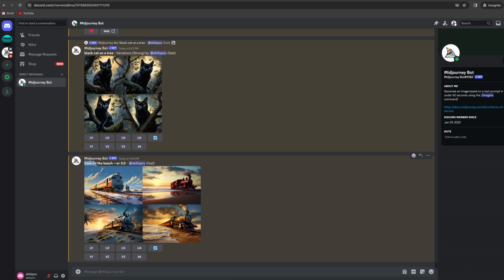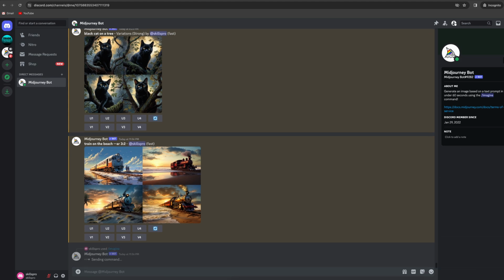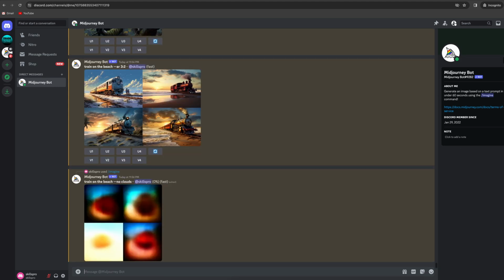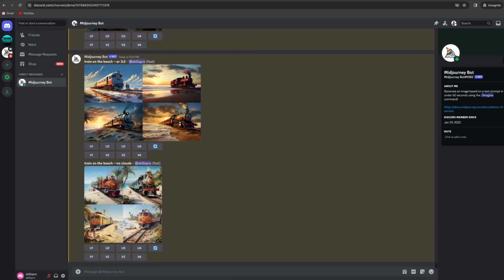We'll copy our previous prompt and paste it again, but at the end of the line, after a space, we'll write 2 dashes, no, another space, and clouds. Then hit enter. Always use the no parameter instead of asking Midjourney not to do something. Usually it'll do just to spite you. We wait for our image, and here's the result. Now we don't have clouds.